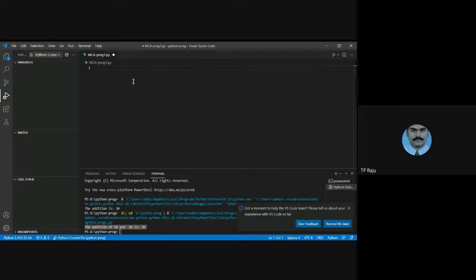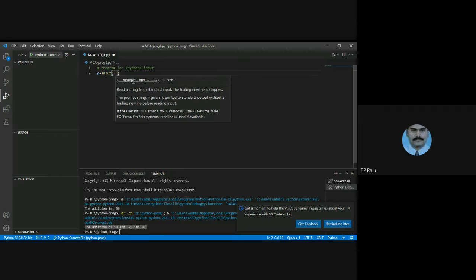Okay. First, I put the hash. It is a comment. Program for keyboard input. I take the variable a equal to, and I write the function input here.